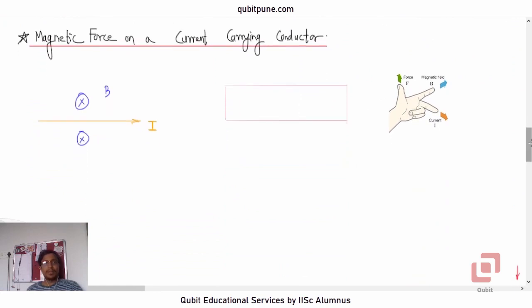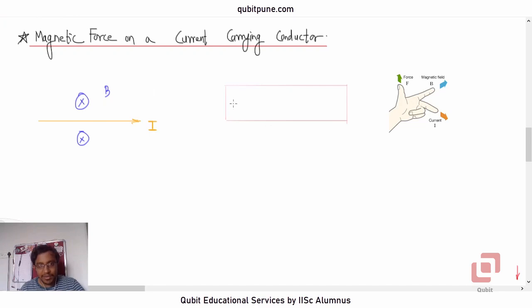The next is magnetic force on a current carrying conductor. Now, this current carrying conductor is also going to produce its own magnetic field, but we are not concerned with that. We are not specifying what has produced that uniform magnetic field shown in the blue color in the direction away from us towards the screen. We are just saying if we keep a current carrying conductor like this inside this uniform magnetic field in the direction shown, then what will the magnetic force be?